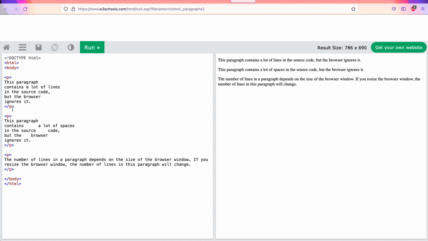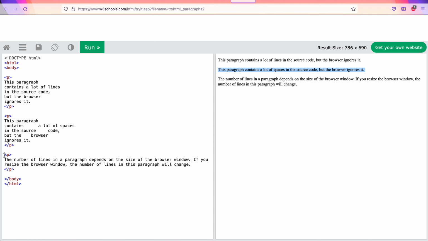You can see there in the example there are 3 paragraphs. The first paragraph has a lot of lines, new lines, but you can see the paragraph is shown to be contiguous. No new lines from HTML are taken into the real display. Likewise, the second paragraph that I am highlighting has a lot of spaces in between the words. But if you see how it is displayed, no additional spaces are displayed, just one space between the words.